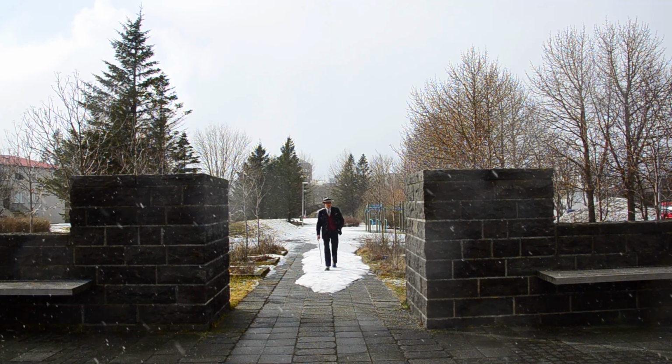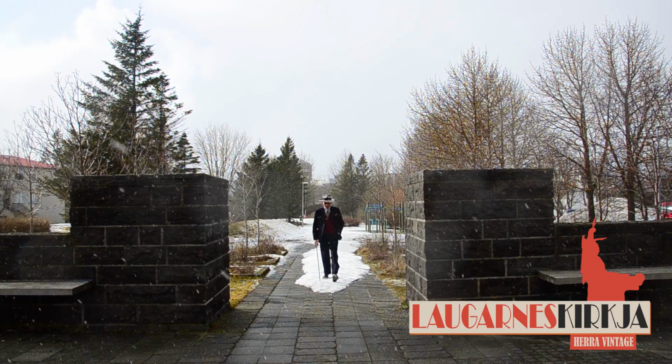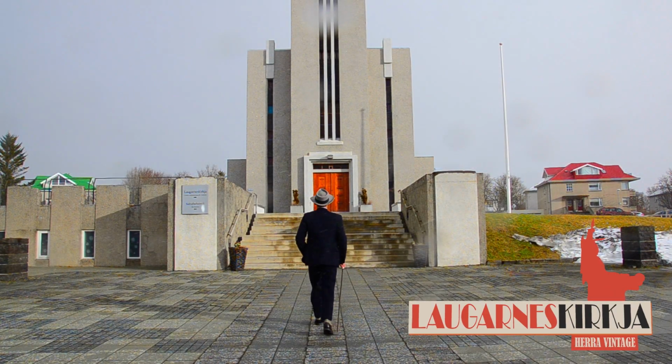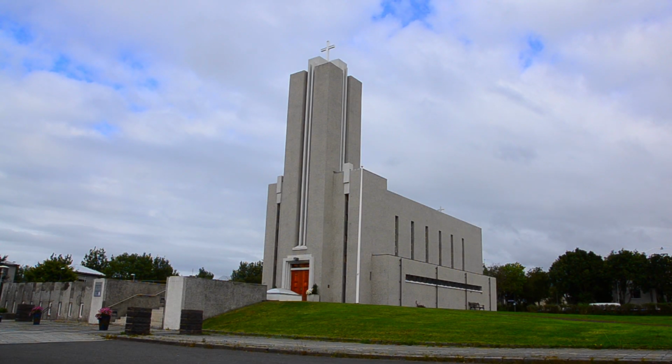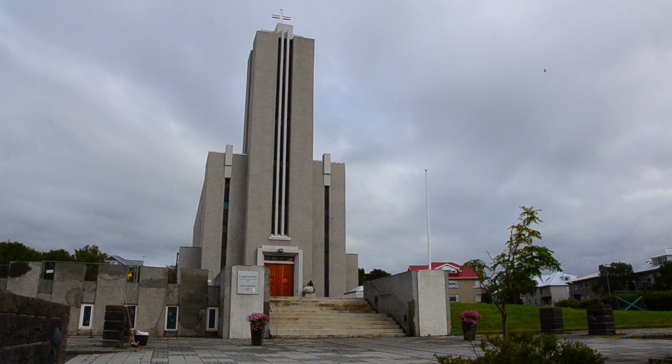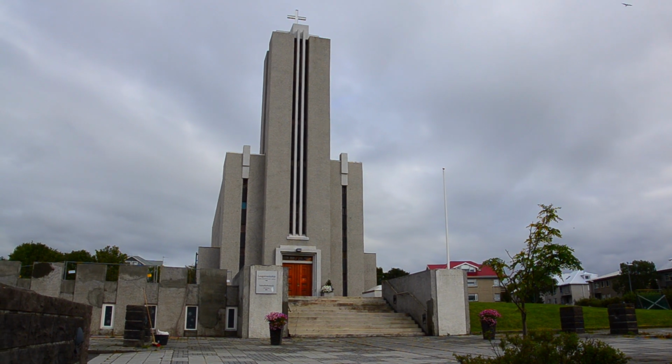Lastly, but surely not least, is Laugarnes Church, housed in this beautiful streamlined building. Clean lines and symmetry dictate this amazing structure. Like previous buildings on this list, it was designed by, say it with me, Guðjón Samúelsson. You'll be hearing his name quite a lot throughout this channel for sure. In a style called